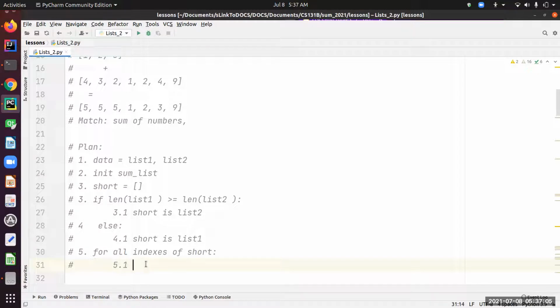all right, so we need to add up corresponding indexes, right? So that means we actually need long as well. Okay, all right, so is this one, and then long is list one. Okay, and otherwise long is sort of like this. Okay, so this is the algorithm. So right, so long is list 2. Okay, all right, so